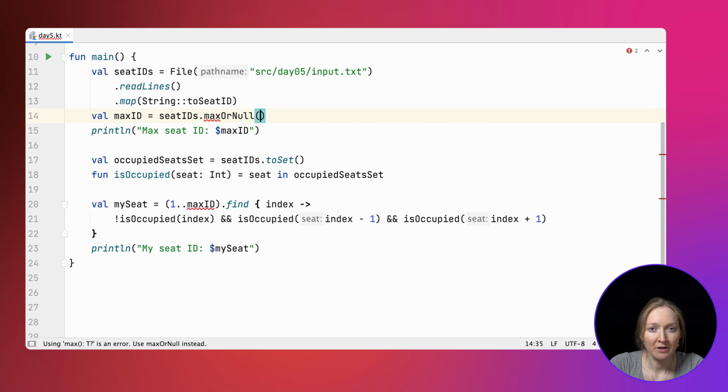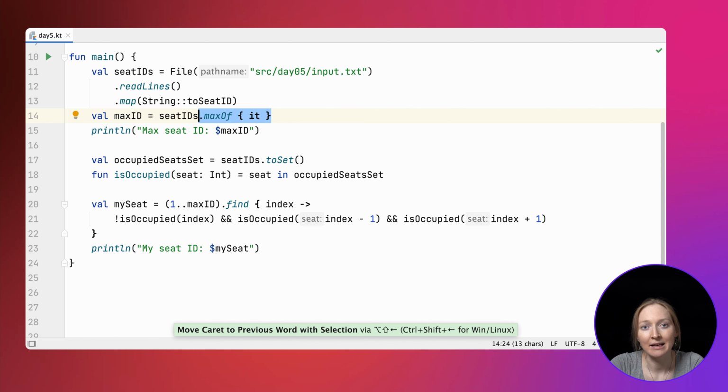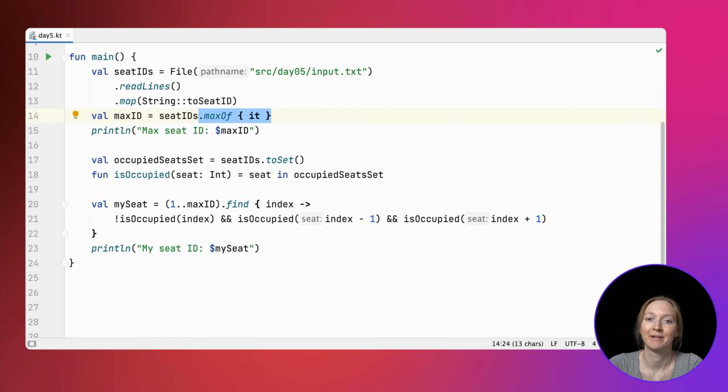Until the max function reappears in the standard library, it's fine to write maxOrNull with a not-null assertion operator to explicitly highlight that you need the non-null value as a result, and you prefer an exception if the list is empty. Alternatively, to avoid having exclamation marks in the code, you can use maxOf until the max function reappears in the library. That's it! We discussed how to solve this puzzle. We recognized the binary encoding for the numbers, discussed a bit how it works, and saw the solution in Kotlin, which is quite simple thanks to the Kotlin standard library functions.